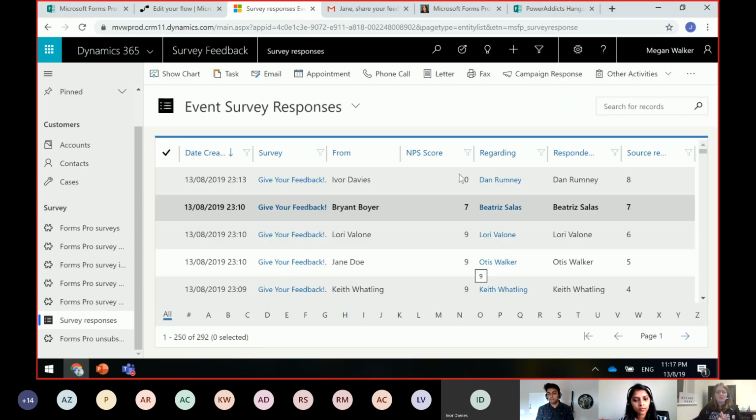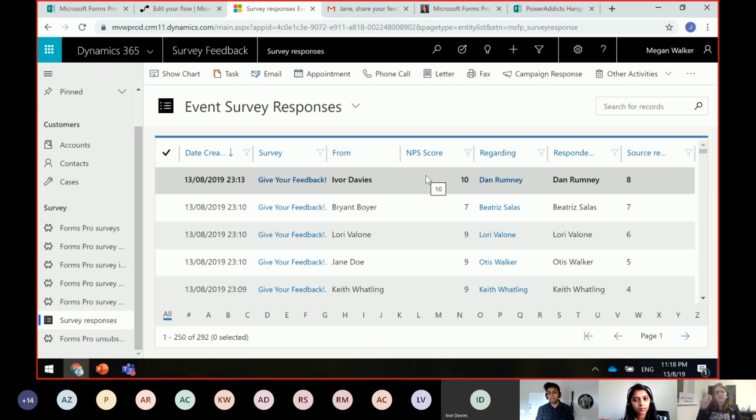So you can also see here, one of the questions that I put on that second survey basically said, would you recommend Forms Pro to somebody? That is your net promoter score. So it's a standard net promoter score that you can put onto the survey. Now, the awesome thing is that it calculates and does the percentage of detractors, percentage of promoters, and actually calculates your score. So whether it's 25, whether it's -30, whatever, that's great, but it only does it for the